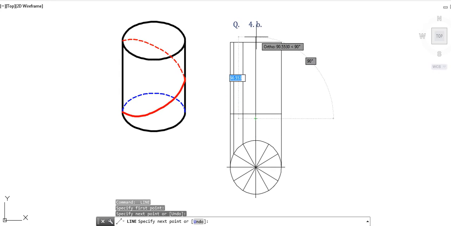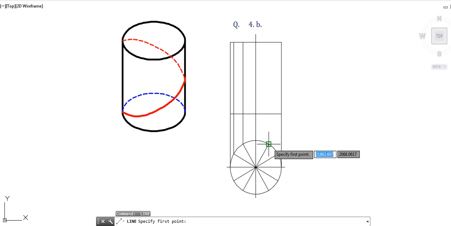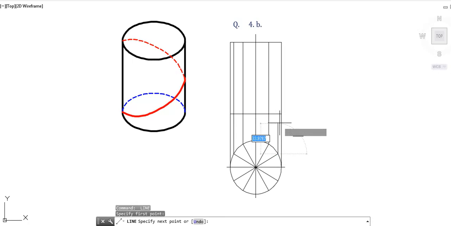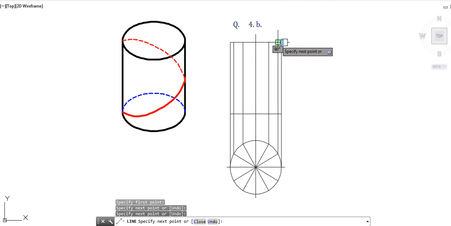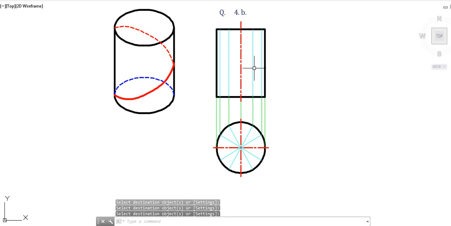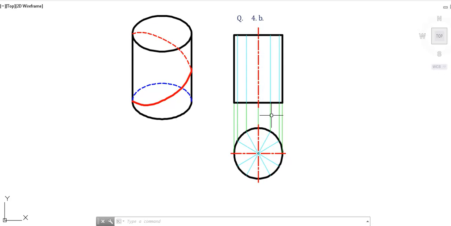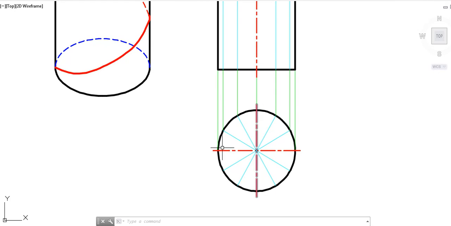Now we know that the generators should be light in nature. Only the center line will be visible properly and the end generators will be seen. So considering all these aspects, let me draw the lines thick and thin as appropriate. This is how your object will look. I have shown the generators in a different color, very thin of course, in the front and top. Only the center lines are shown.